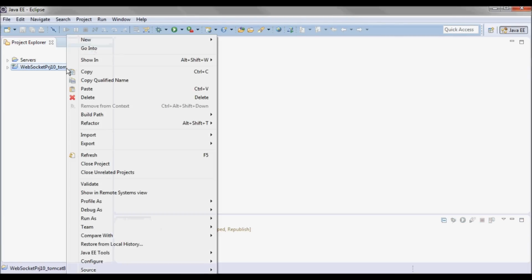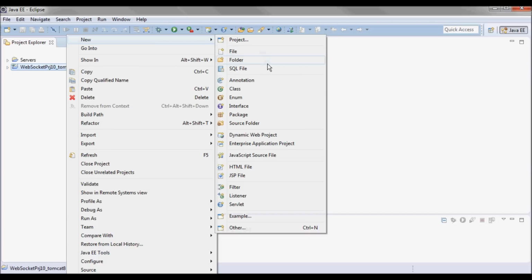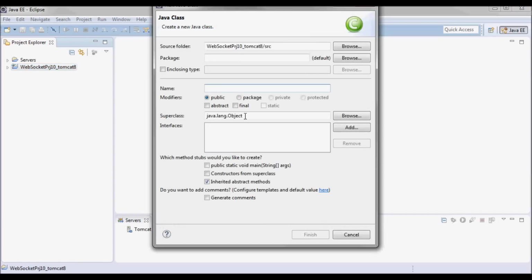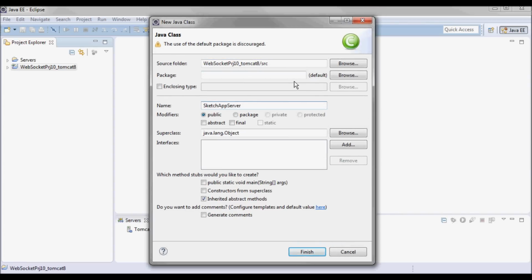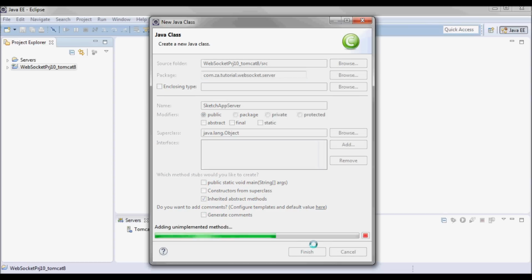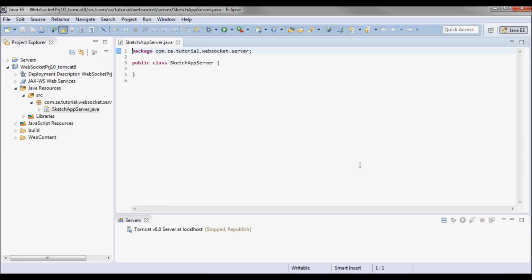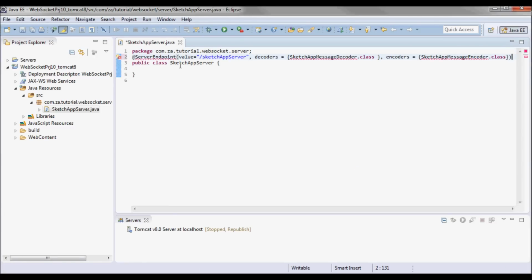Now the server will be this Sketch app server, which I'll put in this package. And I'll annotate it as a server endpoint.